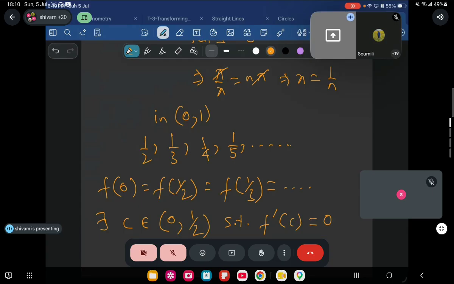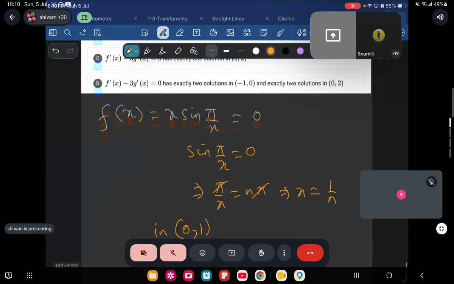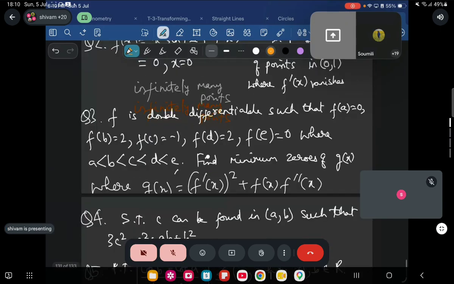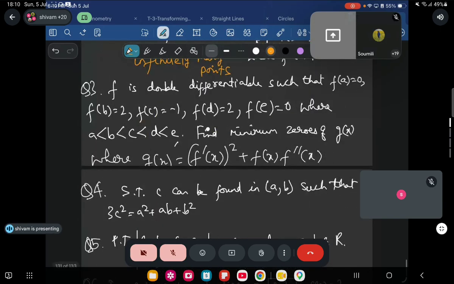So I hope you have understood. I've already completed. There exist infinitely many points. Is it clear? Okay. Number 3, I'm not discussing today since I didn't give